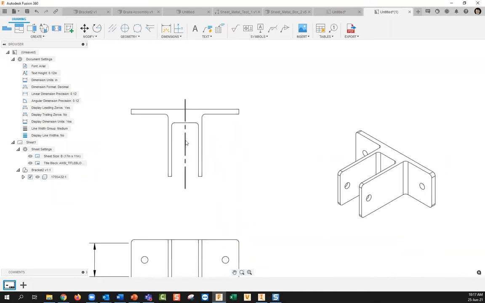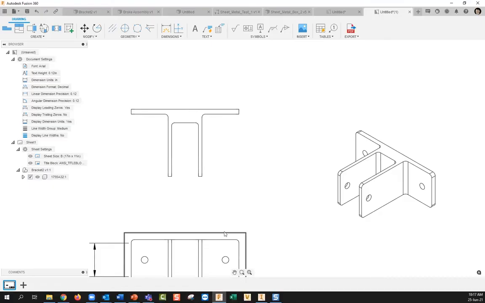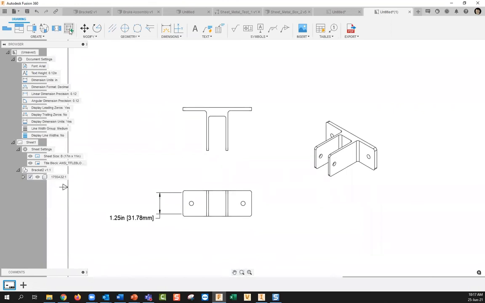Or if for whatever reason you wanted maybe a center line that had only one dash in it, or you wanted a different font, maybe you even want a hidden line here for whatever reason, you have the option. I'm getting into my next point here of using a sketch to satisfy that flexibility that you need, that more niche control. So if you go over here to create sketch,